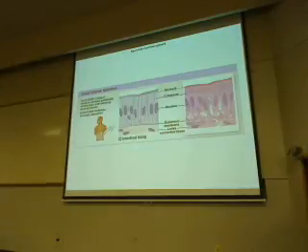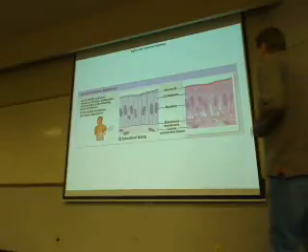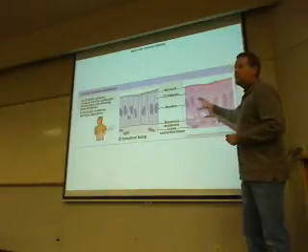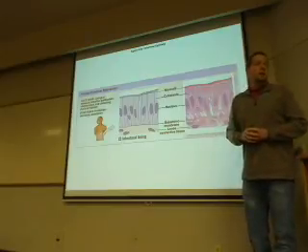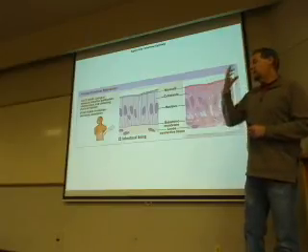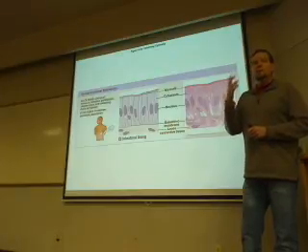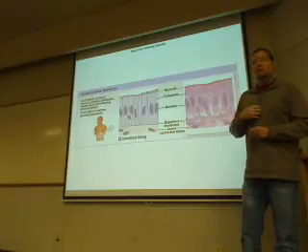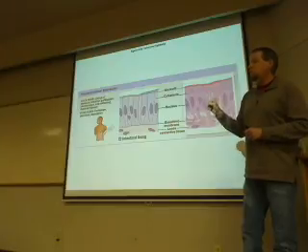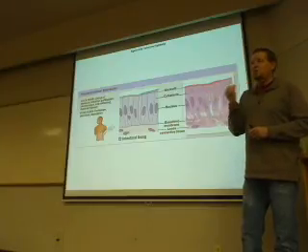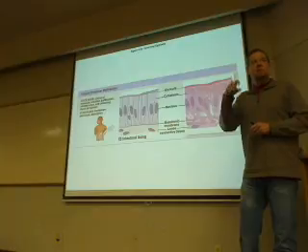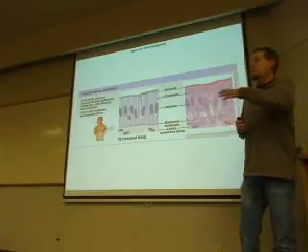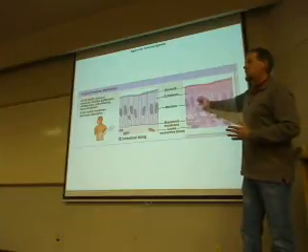This is simple columnar epithelium, and when we see columnar epithelium quite often, we are going to see microvilli associated with them. This is by far the dominant epithelial tissue in your GI tract. So as we move through the mouth and we move through the esophagus, we're going to have stratified squamous epithelium. We're going to go through a small sphincter muscle called the cardiac sphincter or lower esophageal sphincter muscle. We go into our stomach, and from that point on, as we go down, it'll be simple columnar, simple columnar,